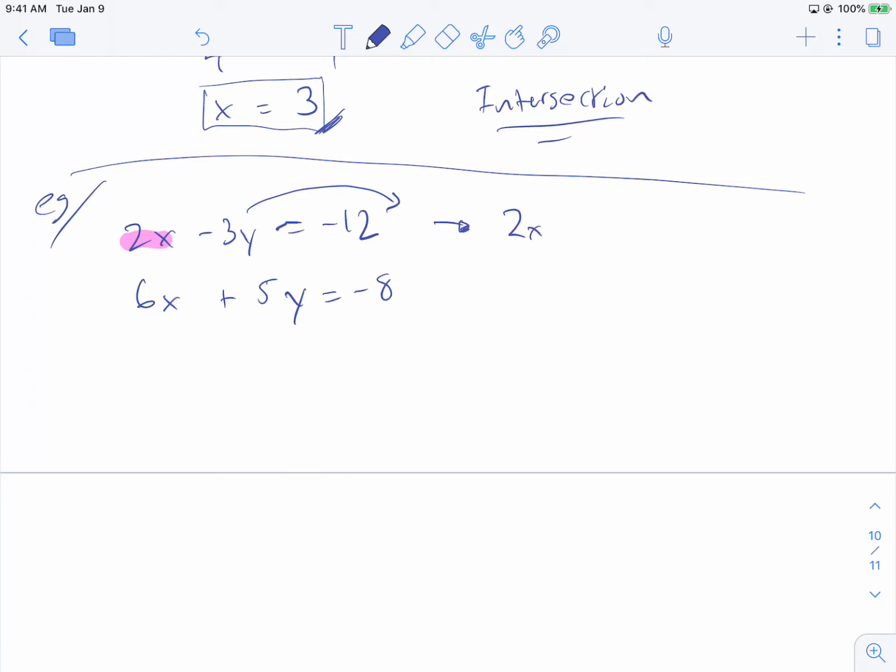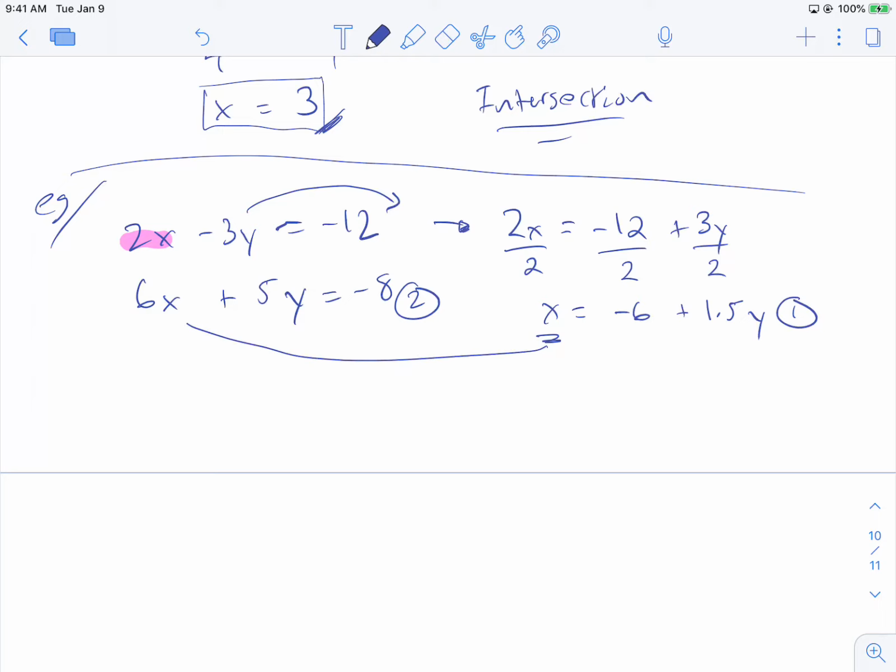So what's going to happen is I'm going to get that 2x still by itself equals negative 12. That negative 3y is going to become positive 3y. And I still want to get x by itself, so I need to divide this side by 2, and I'll have to divide all of this stuff by 2. And what happens there, I get x equals negative 12 divided by 2 is negative 6, plus 3y divided by 2 is plus 1.5y. Okay, so here's my equation number 1, here's my equation number 2, and now I can take that x,